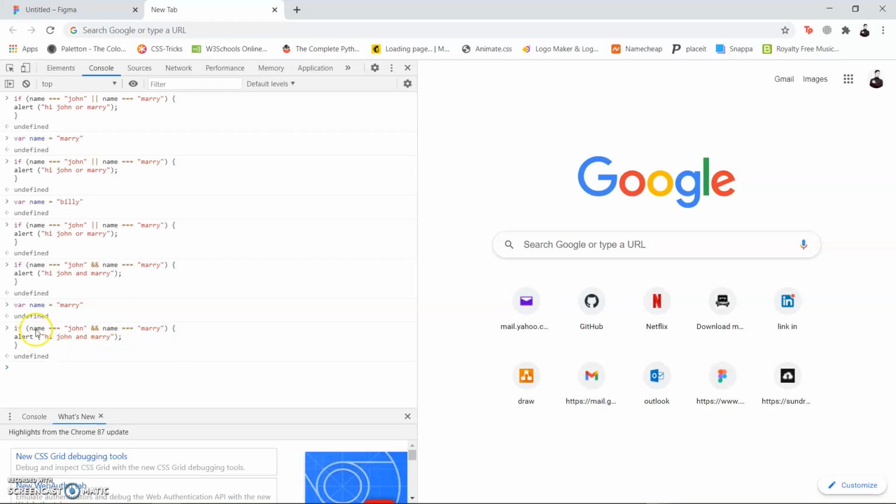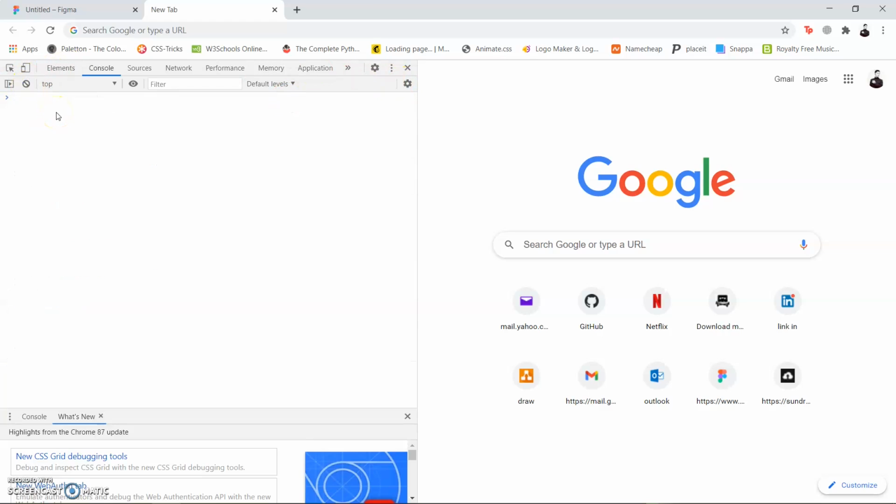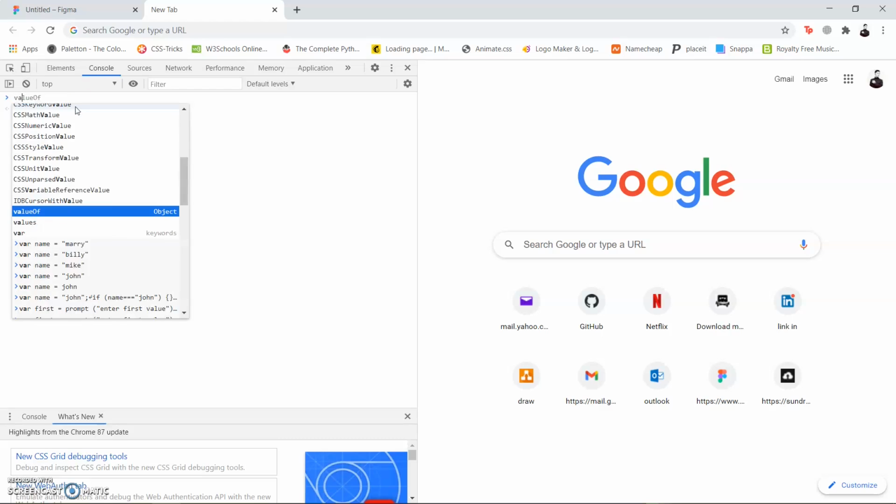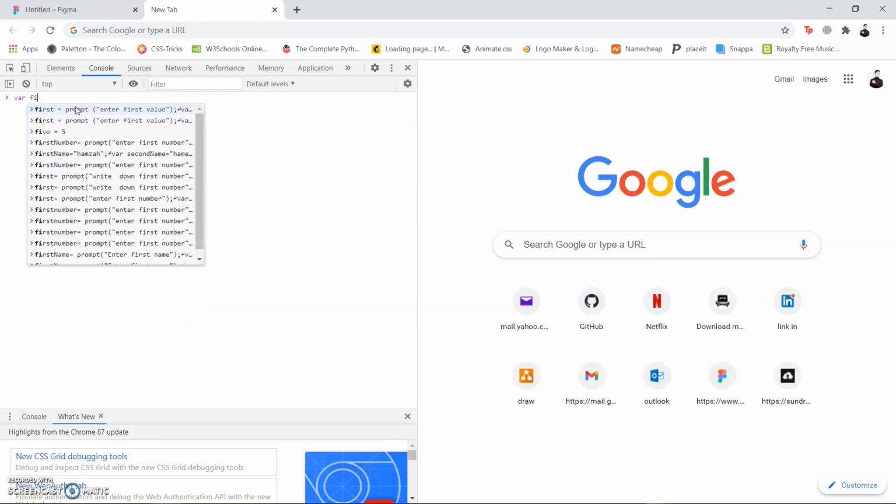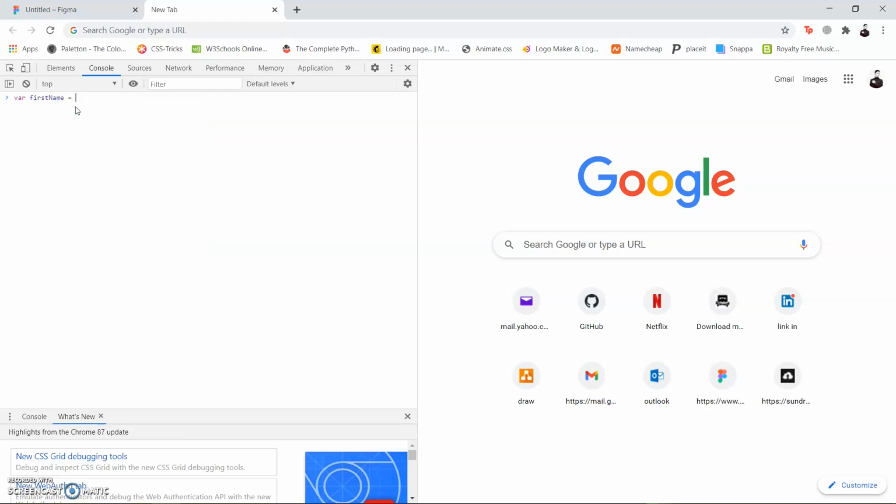You know why? Because the variable name cannot be two things. It can either be John or it can be Mary, but it cannot be two things at the same time, John and Mary. So the way to get around, using the and operator is usually like if you look in the websites, they will have a first name and then second name. So you're gonna have to do something like variable first name equals John,